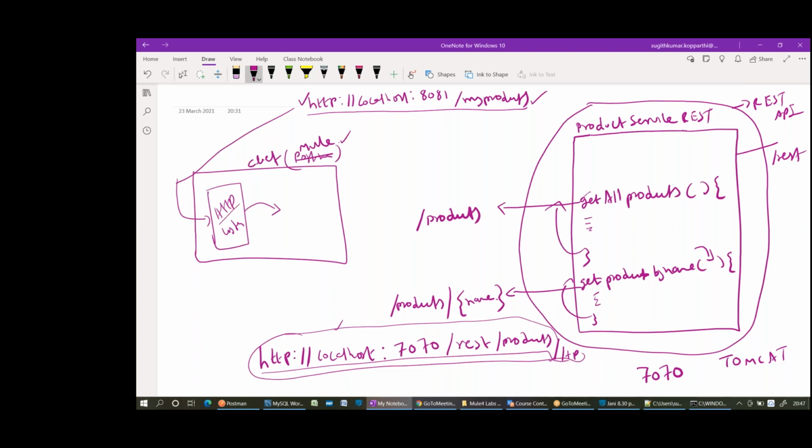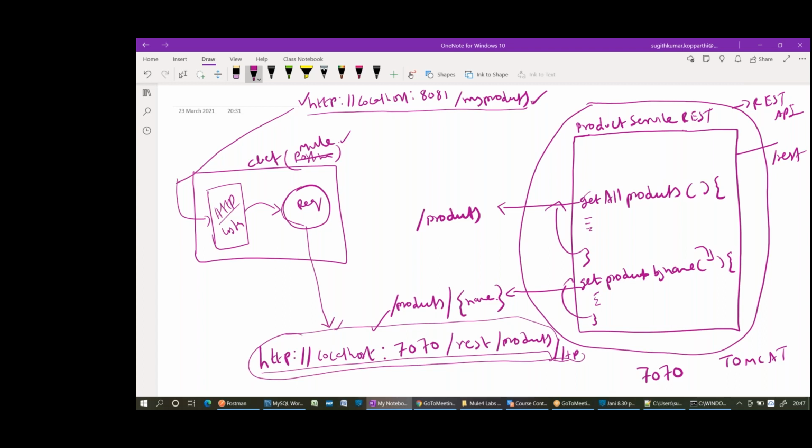Here, the HTTP listener is part of which module? The HTTP module. Under the HTTP module, we have one more connector called the request connector. In that request connector, we will configure this URL, which means we are requesting this URL to be triggered. Once my client gives this request, my listener listens for that, and that request will be processed by the request connector once you configure it, and that will send it. Once it sends the request, it automatically consumes get all products, right?